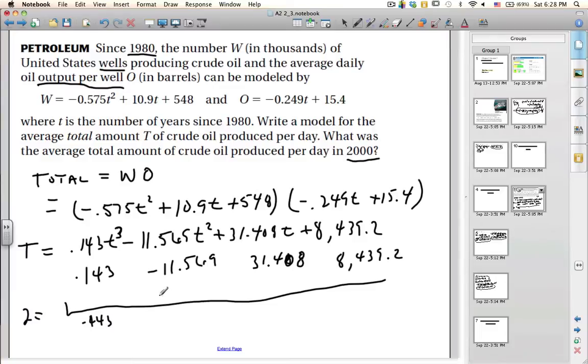When I multiply it times 20, I get 2.8635. When I add those together, I get negative 8.7056. When I multiply that times 20, I get negative 174.112. When I add those together, I get negative 142.704. And when I multiply that times 20,